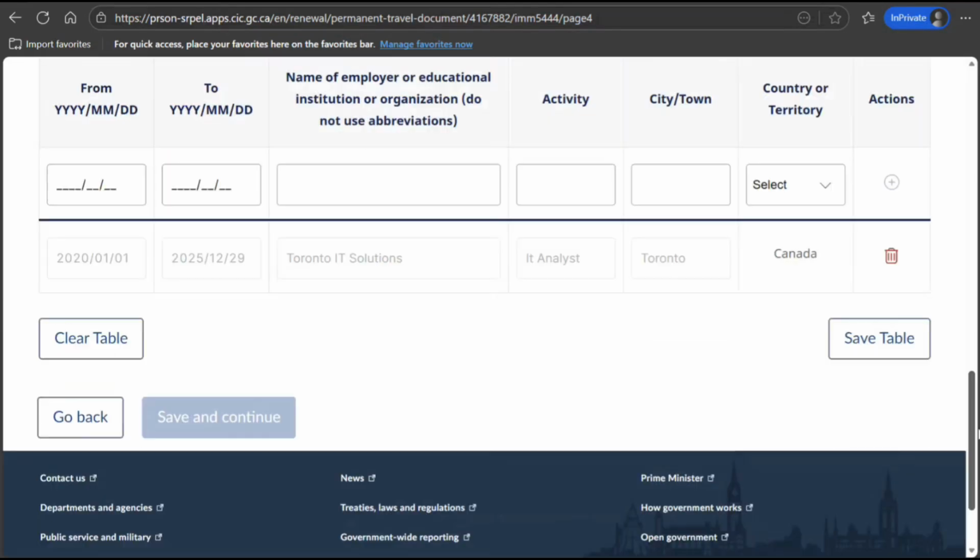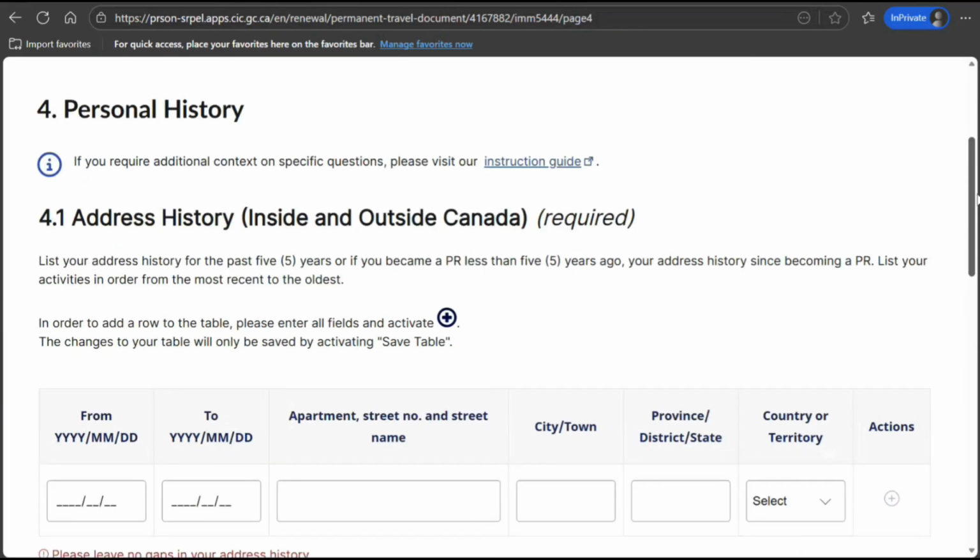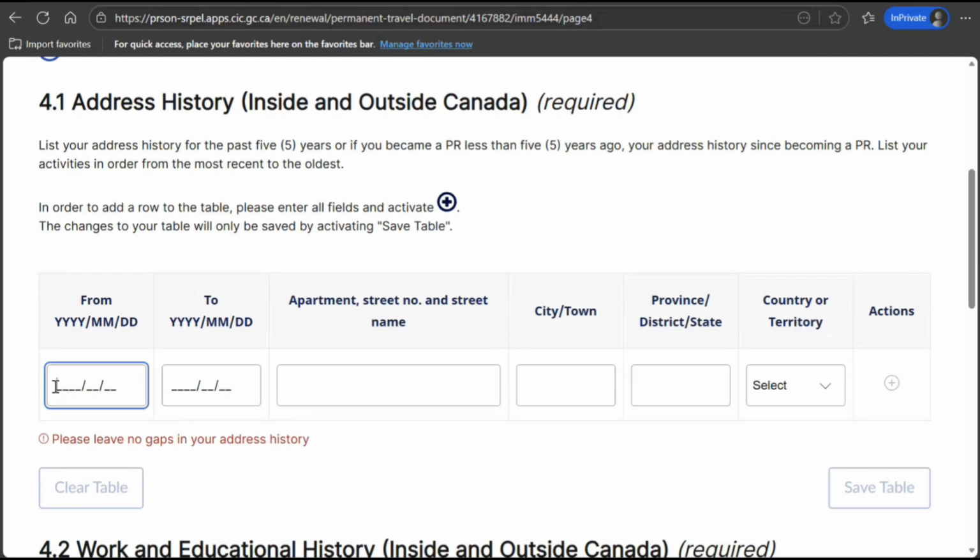Sorry about that, but I'm going to fix it. Address outside. Fine. Maybe I should not have clicked that button. This is also fine. Set it down: New Delhi, Delhi.